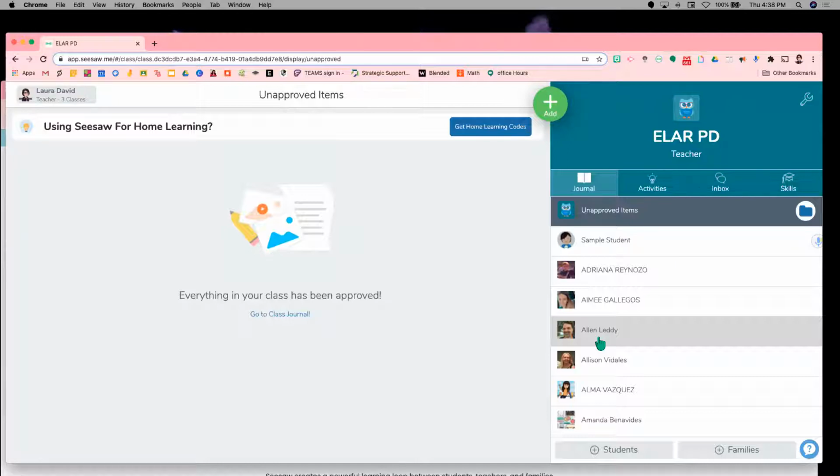Somebody asked about the cost of the premium or school. What are the different levels of Seesaw? There's actually 3, which is your free version, which is what you're on right now, which has a lot of features. And there's ways to work around it. And I'm going to show you that right now with the inclusion or extra support for a student. The cost for the premium, however, is $150, I think, a year. And then you have the option of purchasing it as a school or a district, okay?